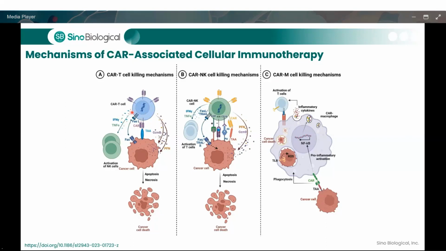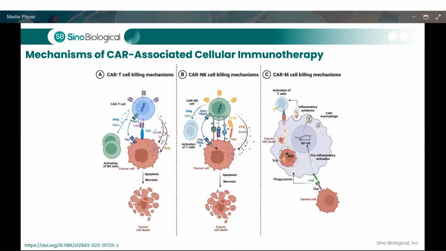For CAR T cells, activated CAR T cells can recognize the tumor-associated antigens expressed on the tumor cells, and the cytotoxic activity of the CAR T cells is mediated by the GZMB and PFN, and by activation of the death receptor pathway, such as FAS or FASL,